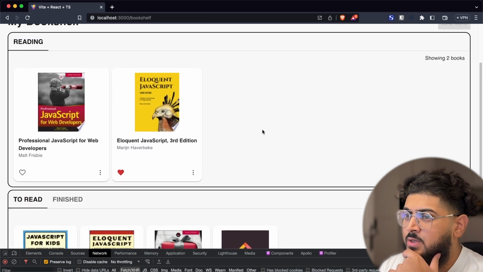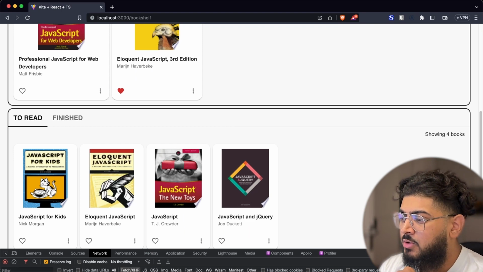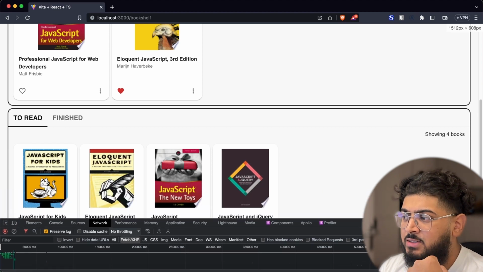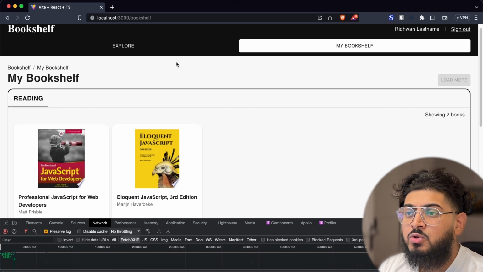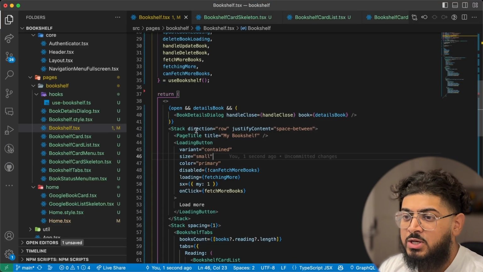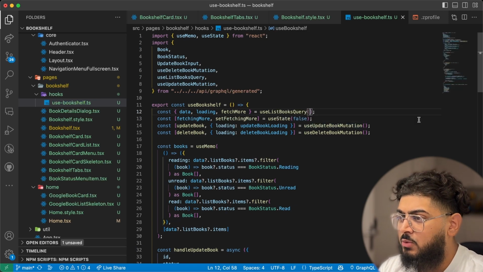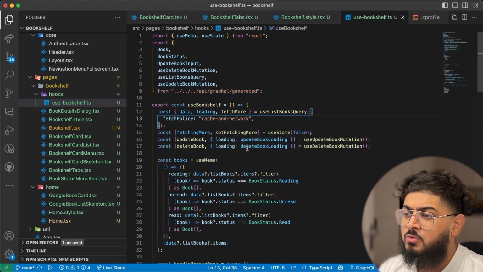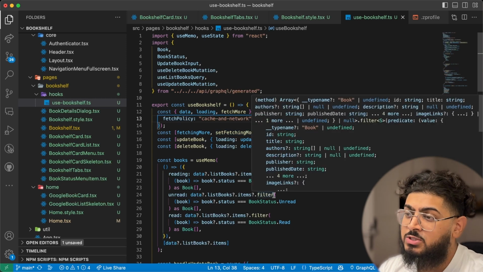There is another issue as well where when we add books and navigate back to this page, it doesn't make a new request because Apollo is clever enough to save that data in the cache, and it will prevent us from making multiple requests for data that we already have. But in this case, we do want to be able to get the latest data every time we load this component. So the way we can change that is by going into our use bookshelf hook, and within our options we're going to set the fetch policy to cache-and-network, which will allow us to use data that's stored in the cache whilst we're on the page,